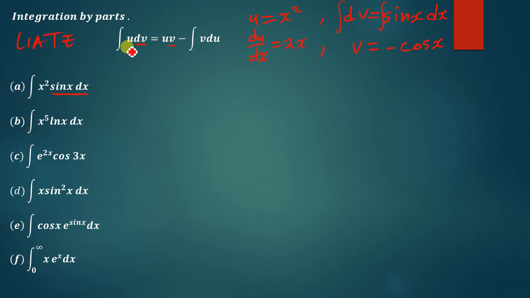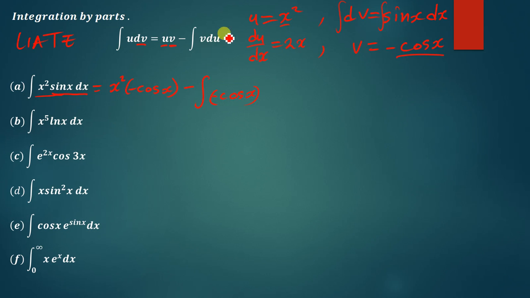The formula says that the integral of u dv is equal to uv minus the integral of v du. So in other words, the integral of this expression here is simply equal to, let me do this. My u here is x squared, so I'm going to write x squared, and v, I've found to be negative cos x, so negative cos x. Then we write this minus there, and we say the integral of v, so v is negative cos x,